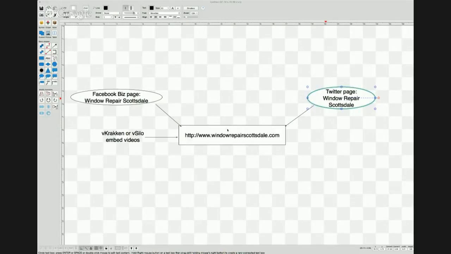And so what this is going to start doing is start branding our website to be a business name. So window repair Scottsdale can be a keyword. It can also be a business name. So this is one of the first things I like to do before I really start building links. This piece of software here will get the pages indexed. This type of thing will start getting even more pages indexed and start some link flow. Most of the time these are nofollows, so you don't have to worry about anchor text too much on that. But then when I come in with a PBN link,